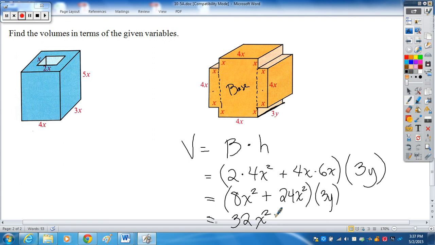You guys are pretty good at that. Don't change the rules just because we've got these intimidating exponents there, okay? The rules still remain the same, and that is, whatever the exponent is, it remains the same when we add them, okay? Now, when we multiply them, as we've talked, it does change, okay? Now, when I simplify this up, 32 times 3 is 96, so in the end, my answer is going to be 96x squared y, and that is your volume of that